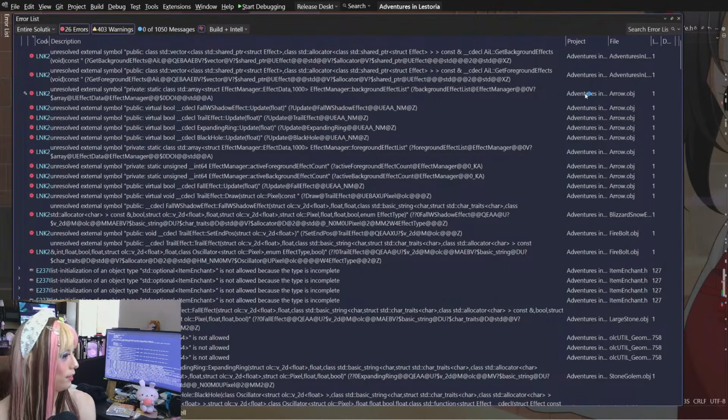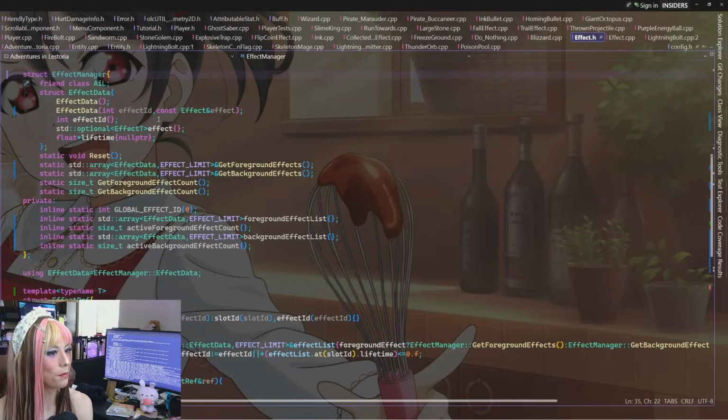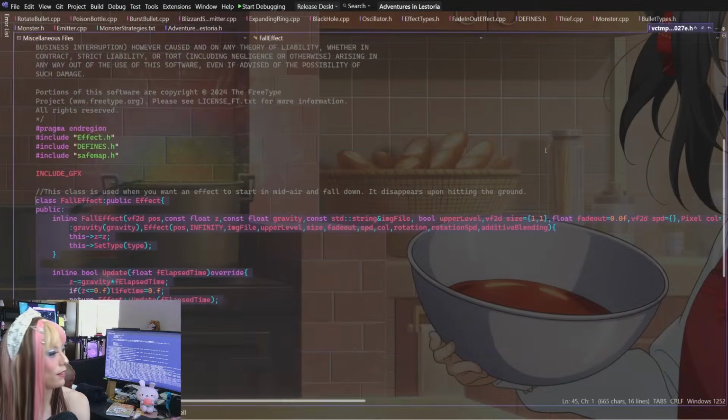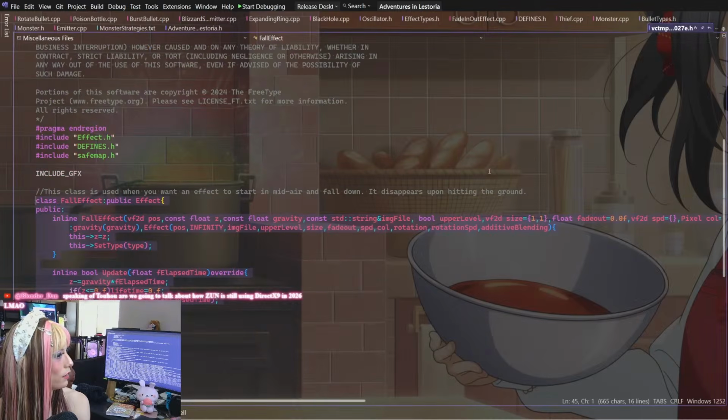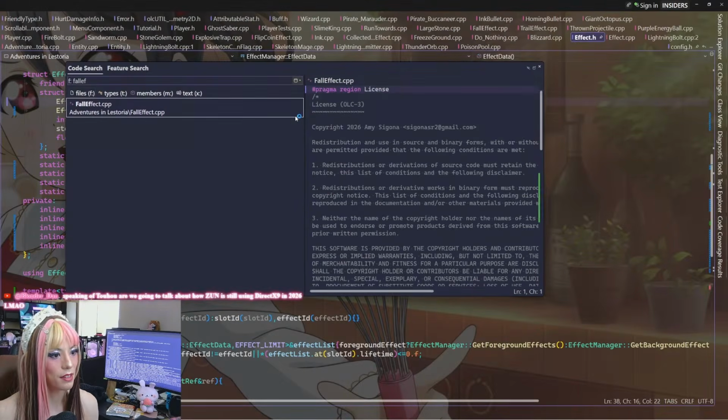Let's see. Background effect list. We have Fall W Shadow Effect update. Did I not add that? Fall W Shadow Effect, which is in... Where did I put that? I put it in Fade in... No, I put it in Fall Effect.